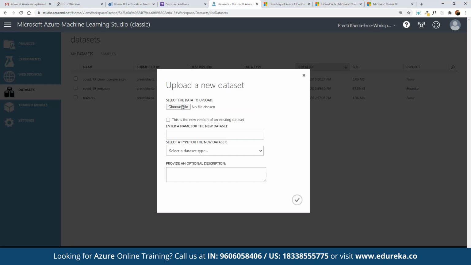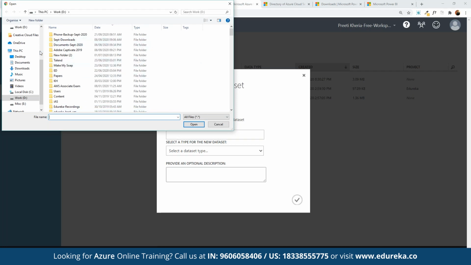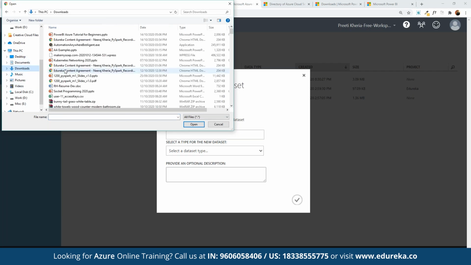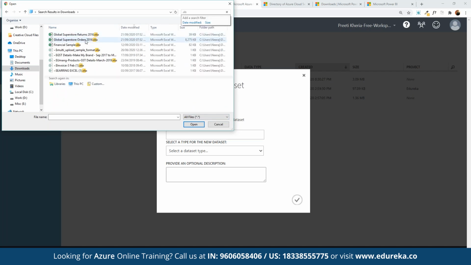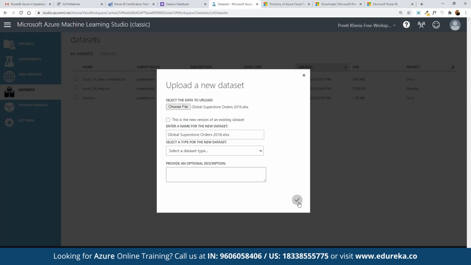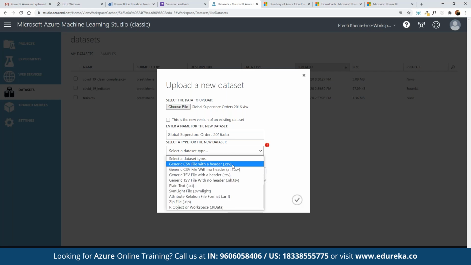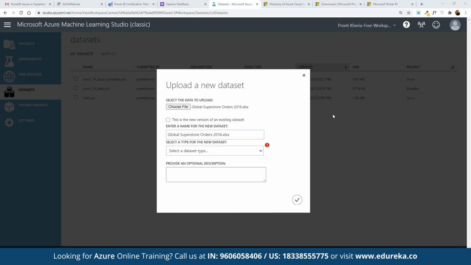For example, here we can choose a local file that we want to work with. Let's say here we had the access to that Excel file, correct? To that Excel file, XLS. So where we have the access to this global superstore, we can make use of this data or any old data that we may have the access to. So for example, we want to work on this one. So here we can click on upload, open, and then we can click on add. So this is what, okay, we haven't saved that in the CSV file.